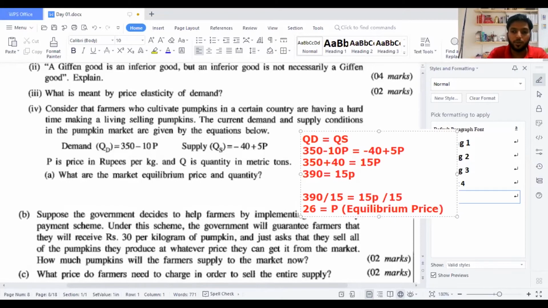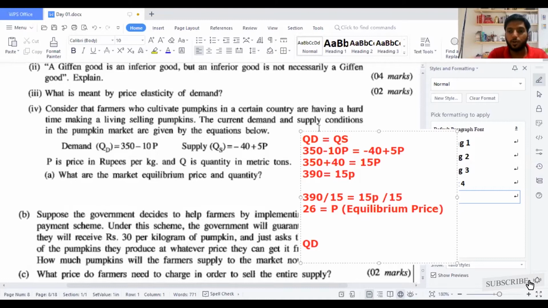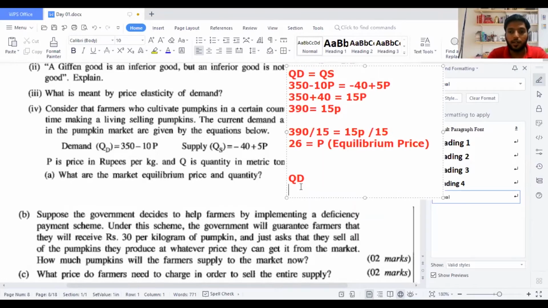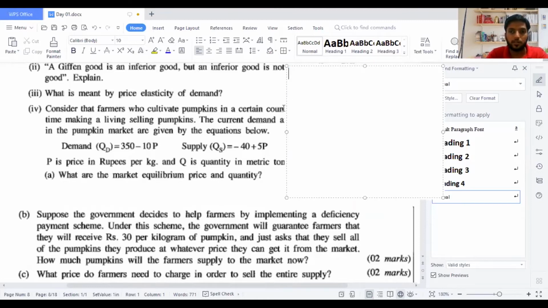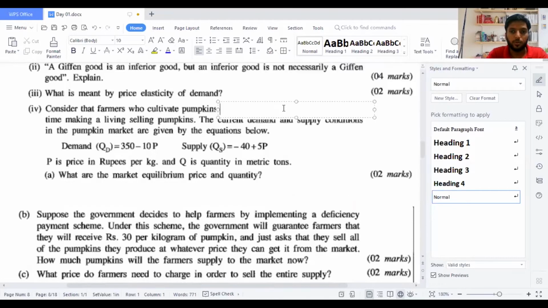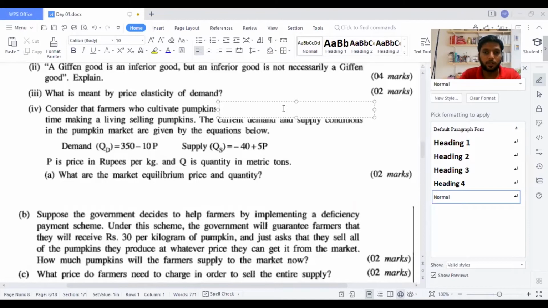Then I need to find my equilibrium quantity. I can take either quantity demand or quantity supply when I formulate it. If I go with quantity demand, I'm going to take quantity demand to make the equilibrium quantity. I can show you in both ways. In both ways, you can find the equilibrium quantity. So QD is equal, I can take 350. I'll copy this to my whiteboard, guys. Let me move on to the whiteboard so it's easy for me to calculate. It's a big, complete area to calculate, so we can have everything in one look at what we are doing.